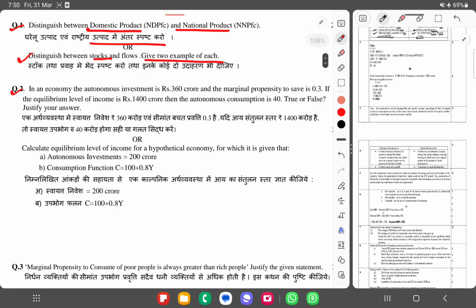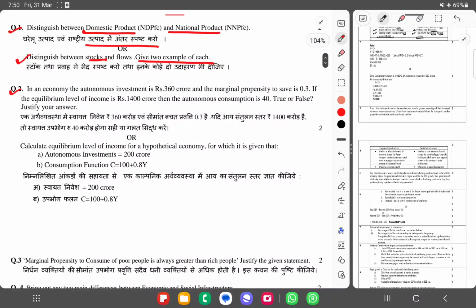in an economy of autonomous investment of Rs 360 crores, the marginal propensity to save is 0.3. If the equilibrium level is 1400 crore, then the autonomous consumption is 40. True or false? Justify your answer। ठीक है, आंसर को आपको जस्टिफाई करना है, तो देखते हैं इसमें क्या है।